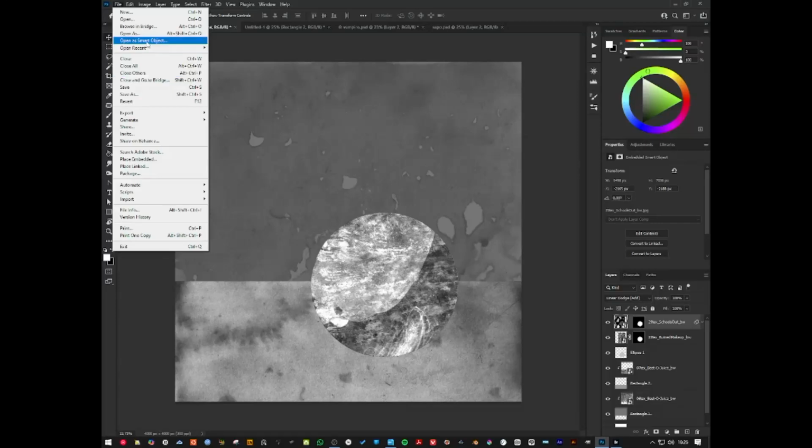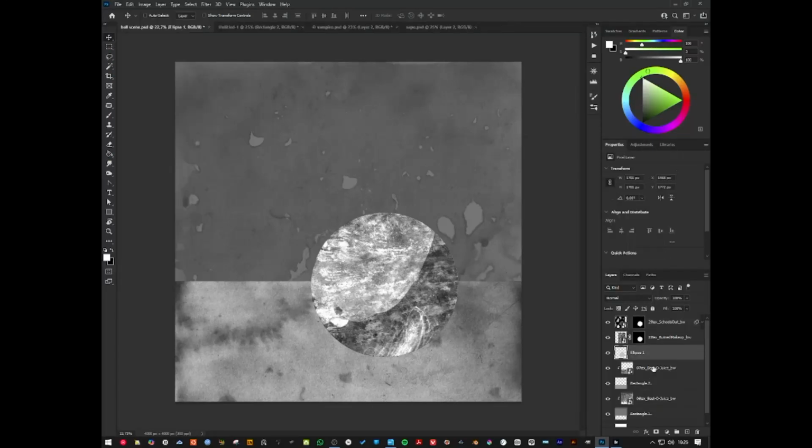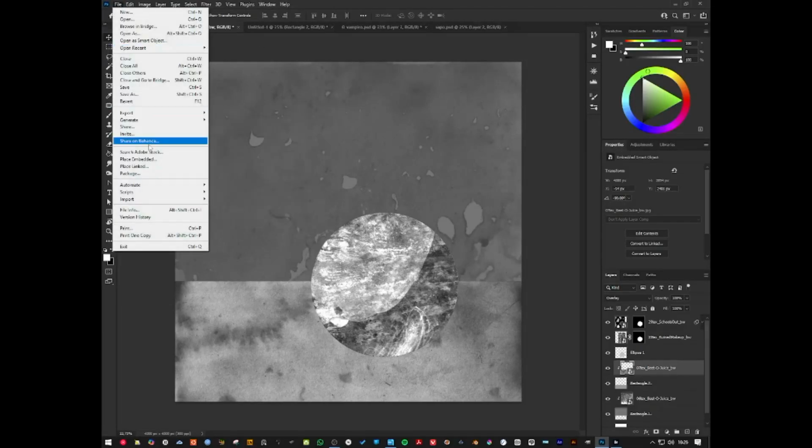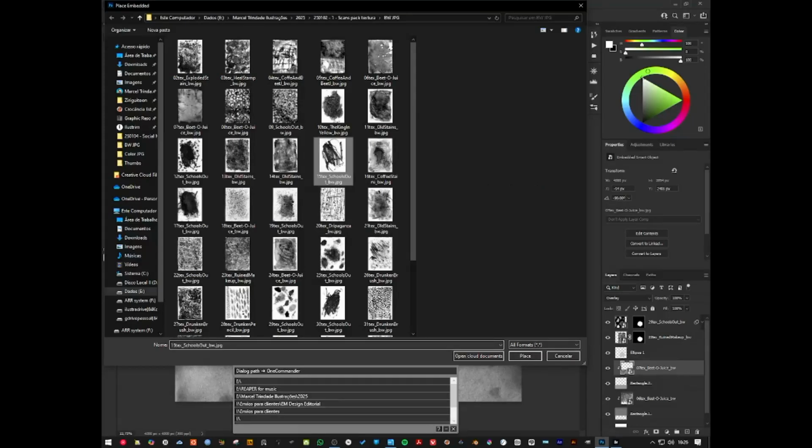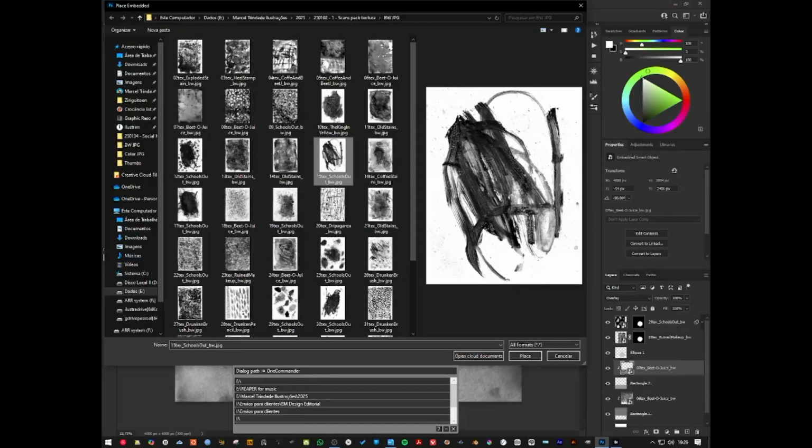So let's find another texture, but before it, let's put it under the sphere layer, the circle layer. Let's place. I think I'll choose this one,